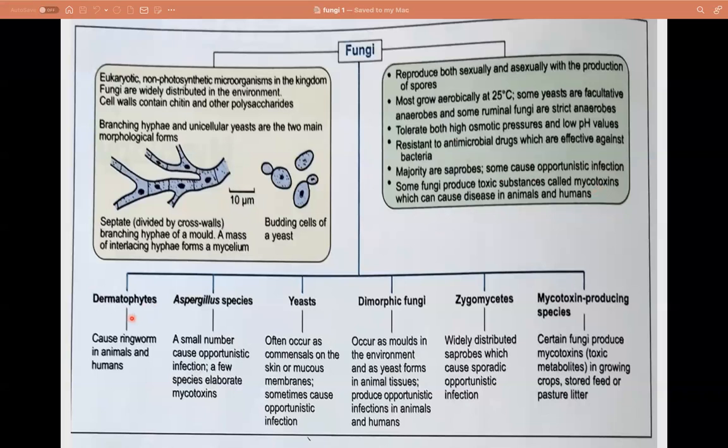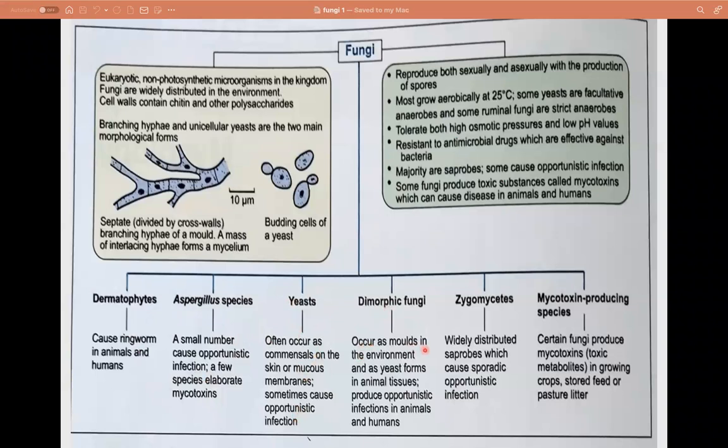The dermatophytes that are known to cause ringworm in animals and humans. We have opportunistic fungi, which are the Aspergillus species, and they are known to cause opportunistic infections, and they are also known to produce mycotoxins, the aflatoxins that can affect both human and animals. And then we will discuss also the yeast that occur as commensals on the skin and mucous membrane, causing opportunistic infection. We have also the dimorphic fungi